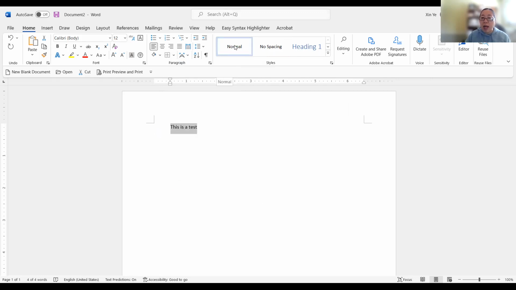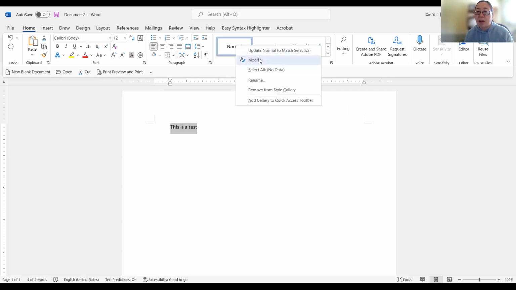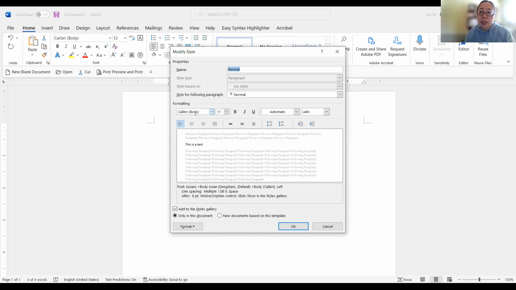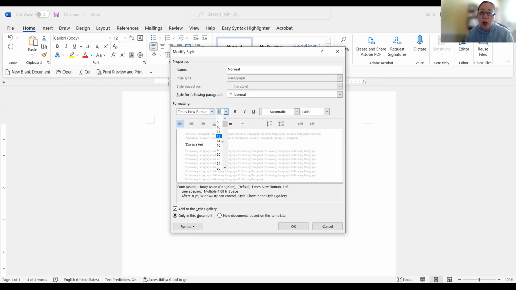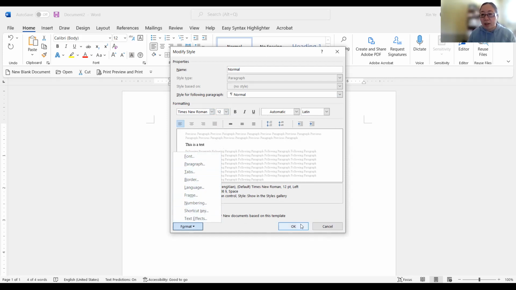So you can modify the normal style by right-clicking your mouse and then clicking modify. By default, you can see the format is color gray 11. So if you want, based on what the question asks you, you can change it to Times New Roman 12. Okay, and you can even go to the format and change the font, paragraph, etc. So we're going to modify this. We're going to learn this later. Okay,